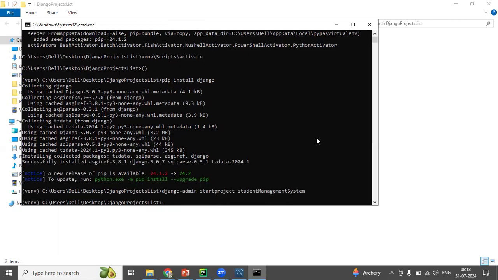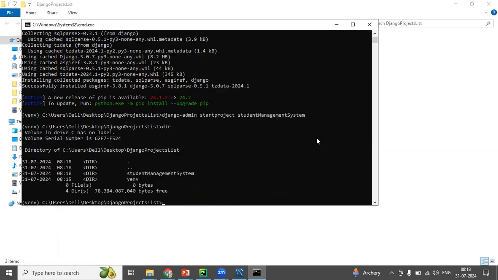So my project is created. You can check dir, you can see that student management system is there, venv also there, right? And now you can open this folder in our Visual Studio or PyCharm, wherever you want, editors, to access the files. So now what I'll do,